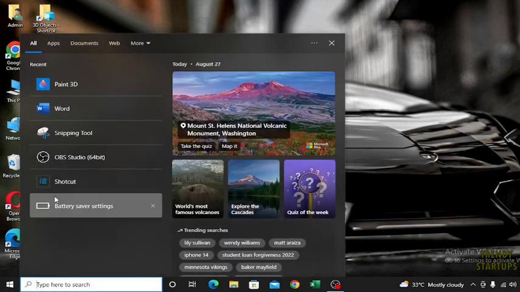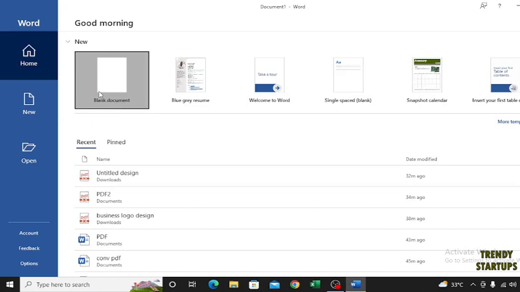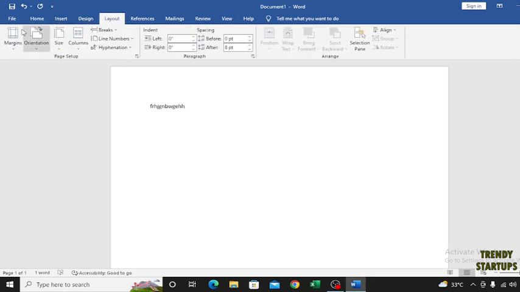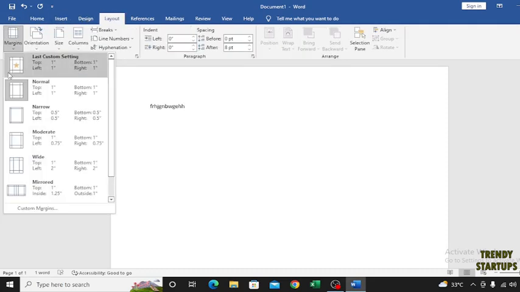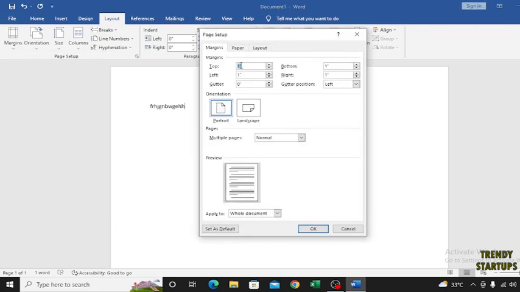Simply just open Word, click on blank document, type something and click on layout, click on margins, select the custom margin and set